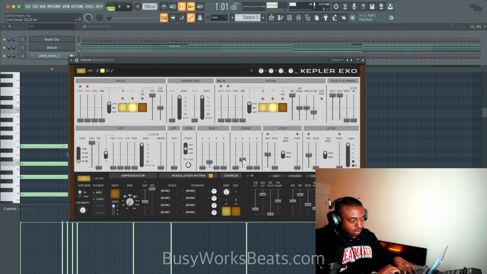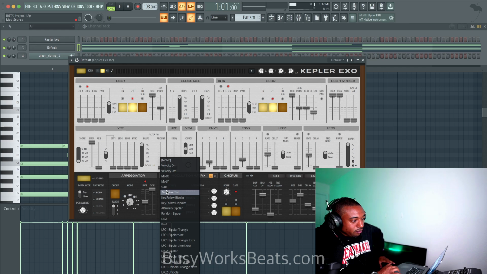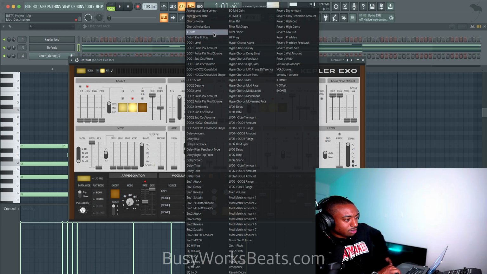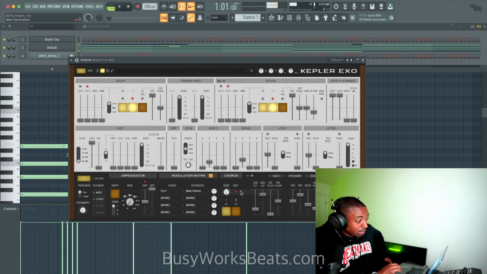So by default, I don't think envelope 1 controls the volume. I think it just has its own amplitude envelope, which is interesting. So we need to control that. So let's set it to where envelope 1 controls the total velocity or the amplitude of all the sound. Let me figure out where that is. A lot of these parameter names are named like stuff that you guys usually don't say. So it's kind of weird trying to figure out what it's called. Main volume. Okay, so envelope 1 now controls the main volume.